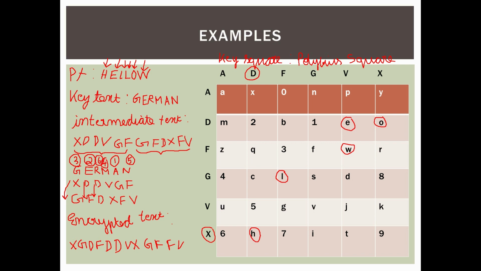So like that only you have to write the encrypted text. Corresponding to A, you have to see what are the top and bottom elements. Let me write it on the next page. So before writing, I would like to see what we are going to write.